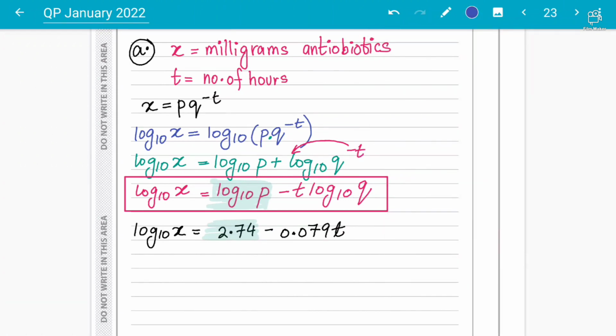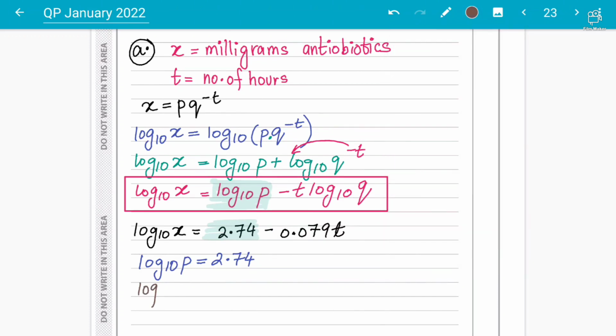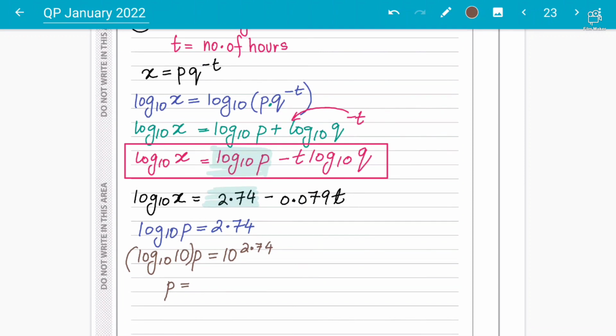Here, you are going to compare log base 10 of p equals 2.74. As we have discussed, to remove the base of log 10, you do 10 power on both sides. So 10 power 2.74, and the p value should be 10 to the power of 2.74. The answer, students, I'm getting as 549.5